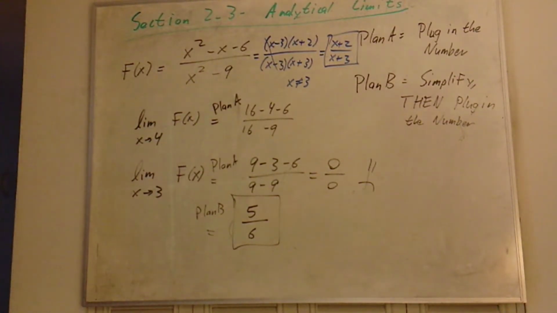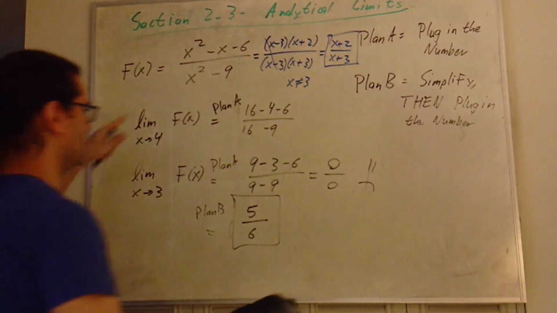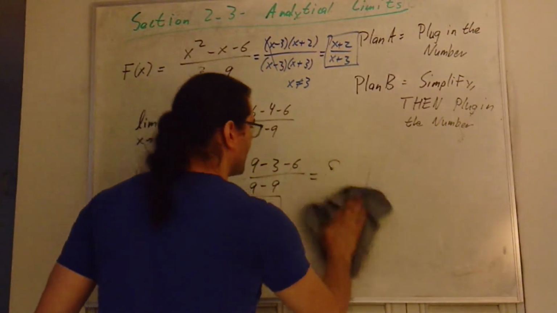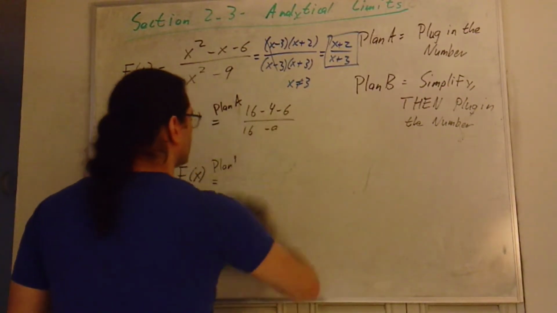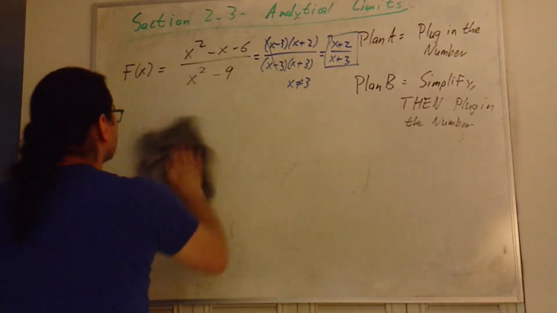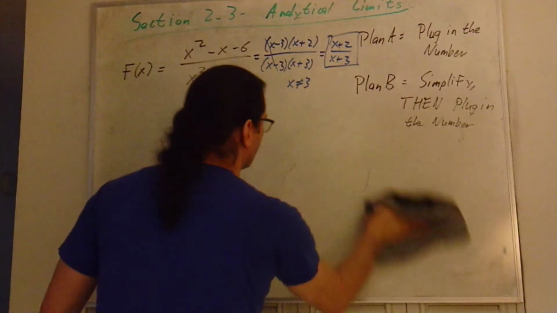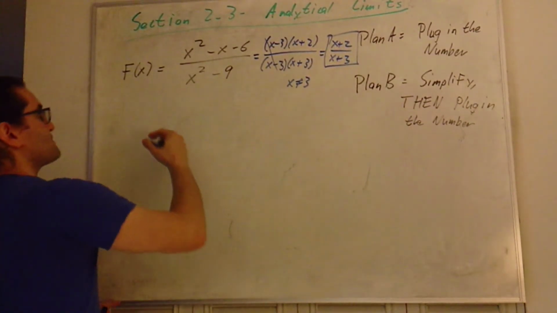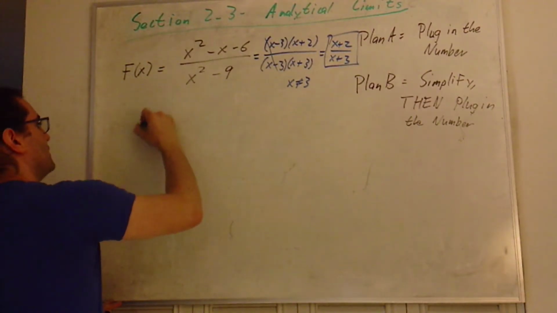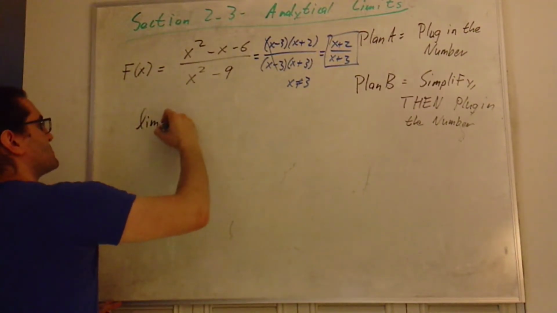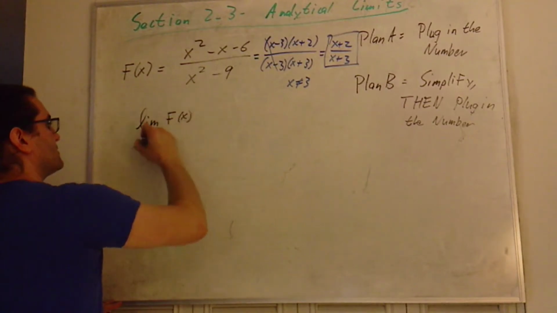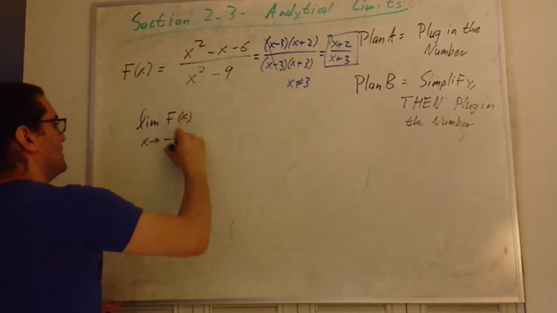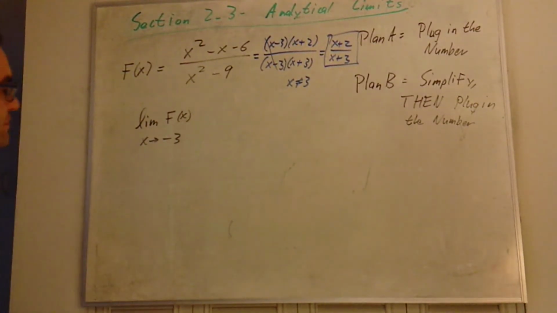We're going to do one more limit on this problem. But I need to erase these things first. It's time now to talk about the limit of f of x as x approaches -3. So in this one,